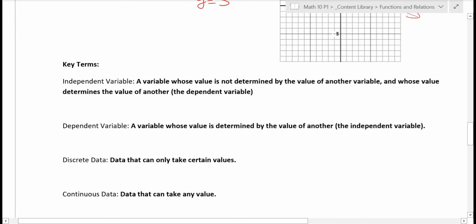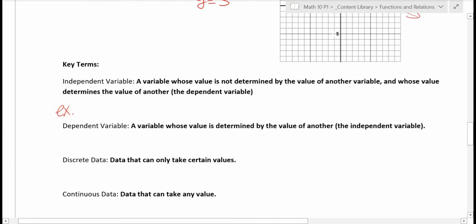Okay. So key terms: independent variable. What's an independent variable? Well, it says an independent variable is a variable whose value is not determined by the value of another variable, and whose value determines the value of another. The other is called the dependent variable. Okay, so for example,